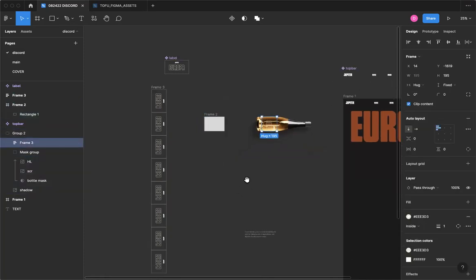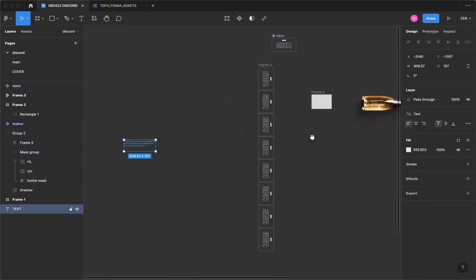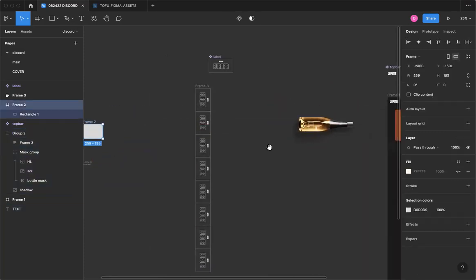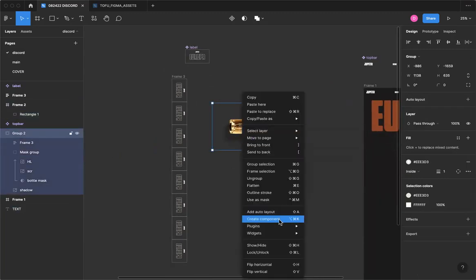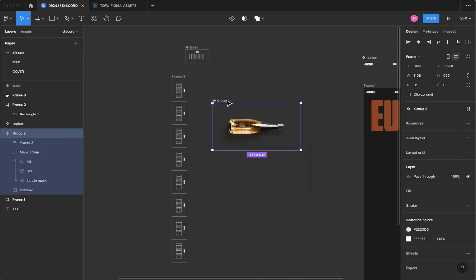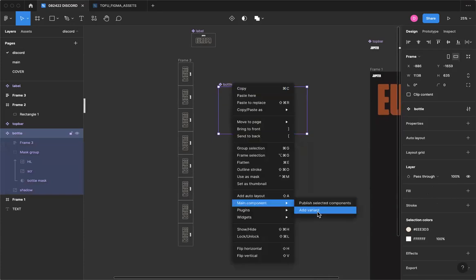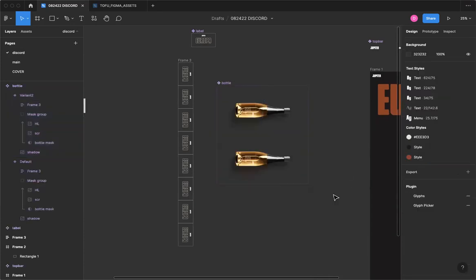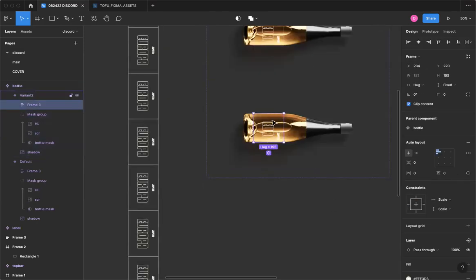So okay, now that we have this main guy here. Okay, let's clean this up a bit. I'll just name this a bottle. Make it a component. Name it a bottle. Okay. Add a variant. Okay. So in this variant, what I actually want is that I select on this label and